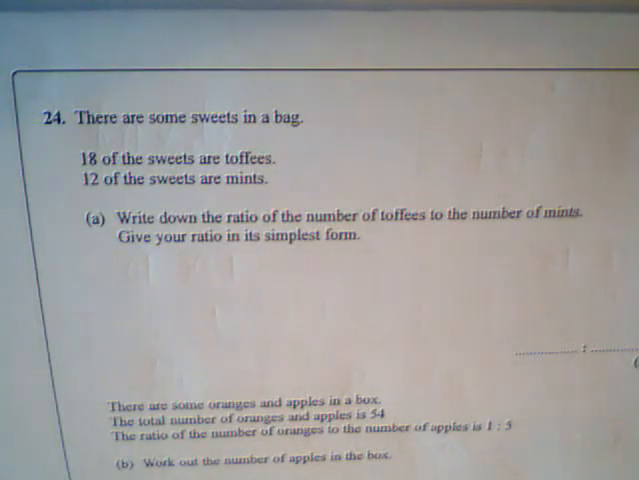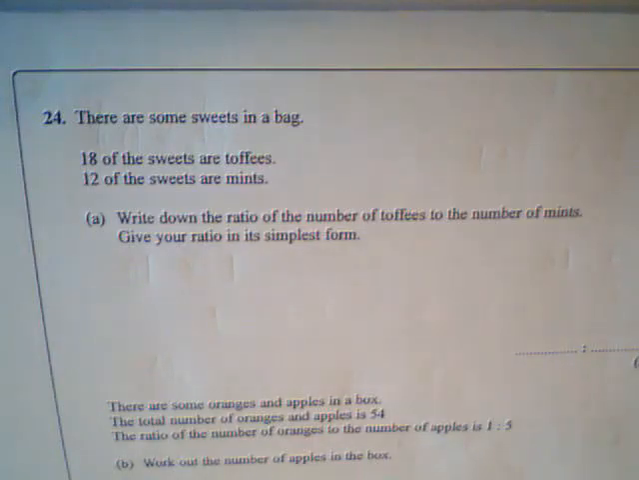So there are some sweets in a bag. 18 of the sweets are toffees, 12 other sweets are mints. Write down the ratio of the number of toffees to the number of mints. Okay, this is how you're going to work this out. So to work out ratio,